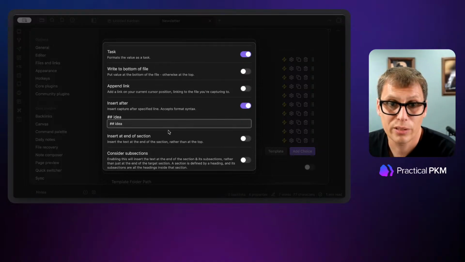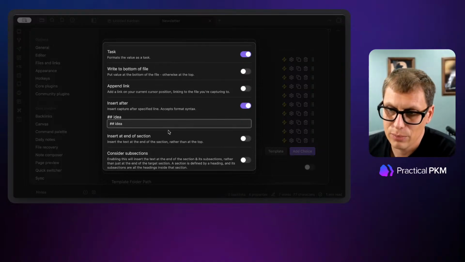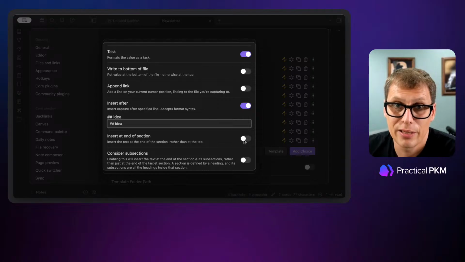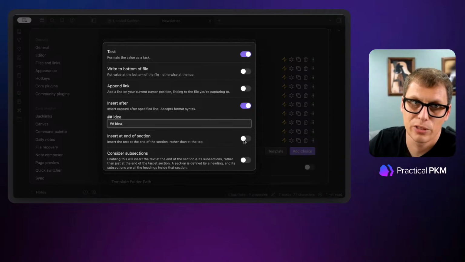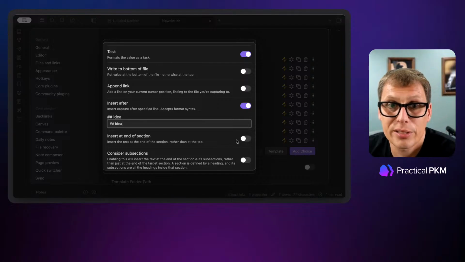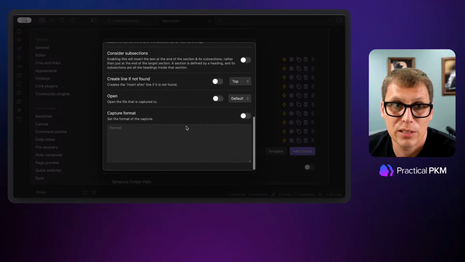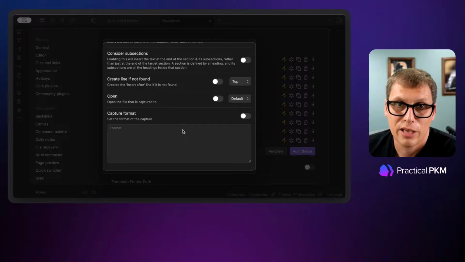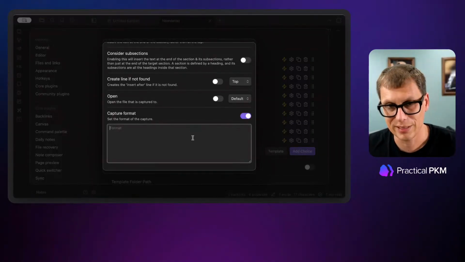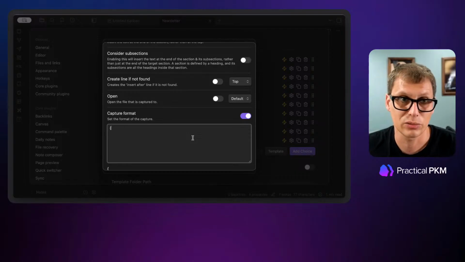Okay, now if you want this to appear at the bottom of the list, you'll want to toggle on this insert at end of section option. Otherwise, this will appear at the top of the list. Okay, consider subsections, don't have to worry about that. Create the line if not found, all of this stuff can be left. Now the capture format, this we need to configure, and we're actually going to do the exact same thing that we just had. So double curly brackets, value,